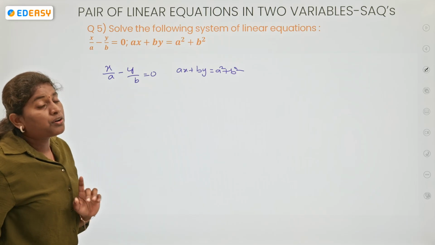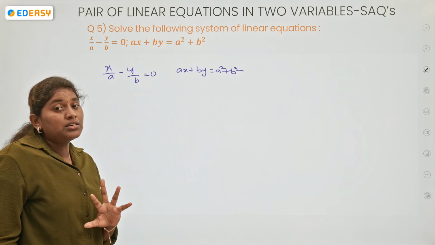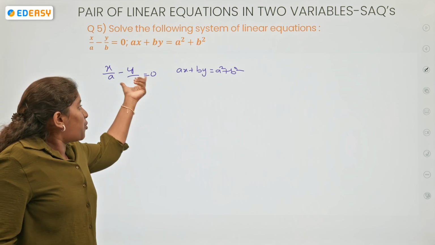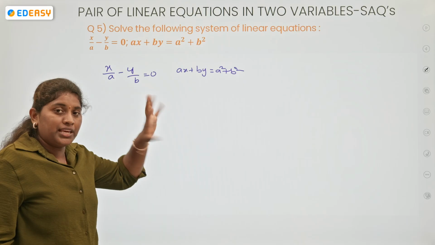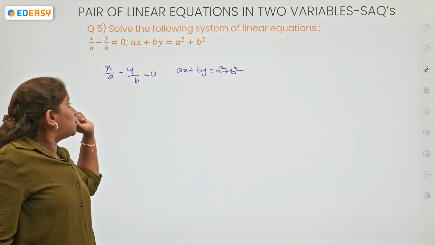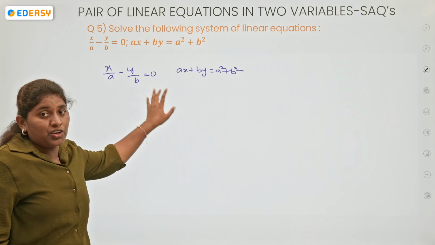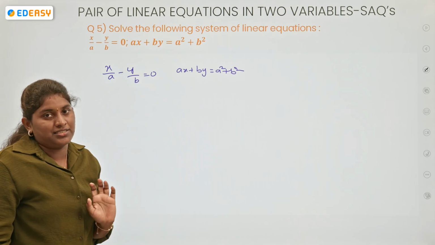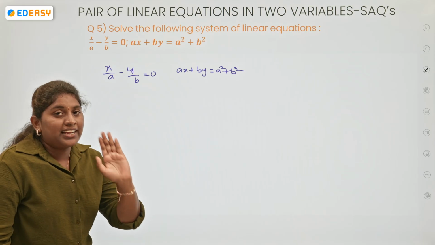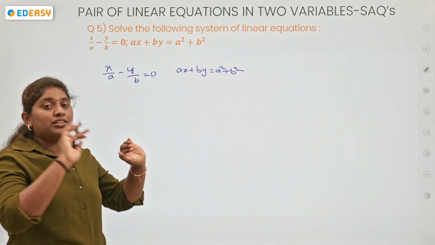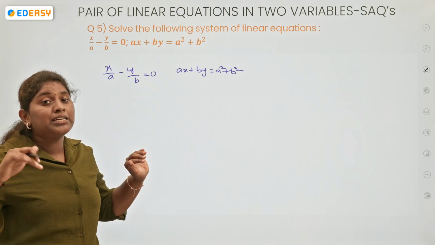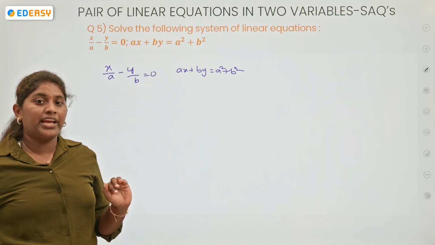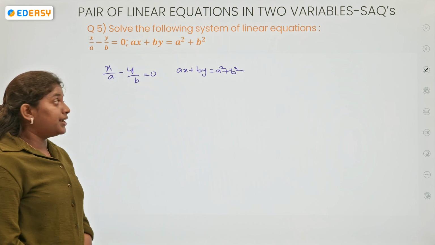Now, a few of the students will be having doubt about what the coefficients are here. So any idea what the coefficients are? In both of the equations we are having a, b and x and y. So the coefficients will be a and b, not x and y. x and y are the variables in your given equations. First you need to clearly understand what are the coefficients and what are the variables, if you are having multiple letters in your given two equations. Clear? Any doubt? Yes.